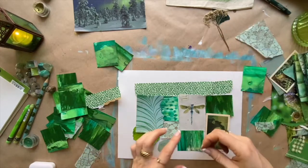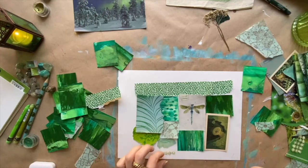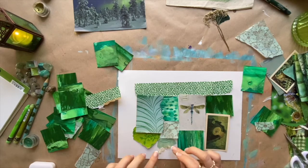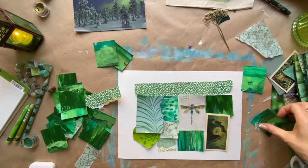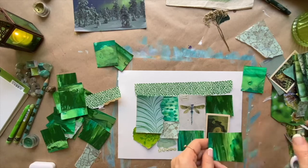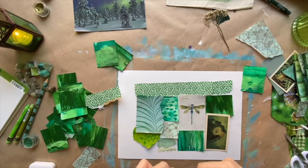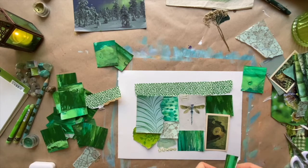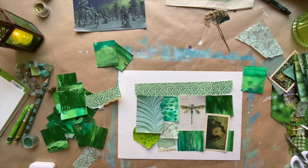Again, this is a kind of a way to experiment. So, you know, this would definitely be one way to go. I could also keep playing, also like maybe ripping some of the paper and adding some more accents with it. Don't all have to stay in this